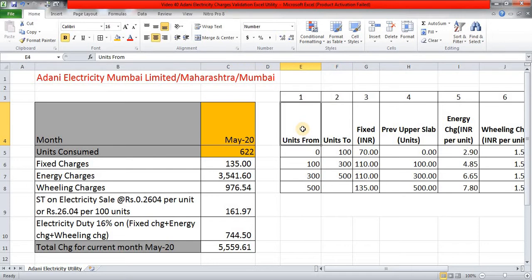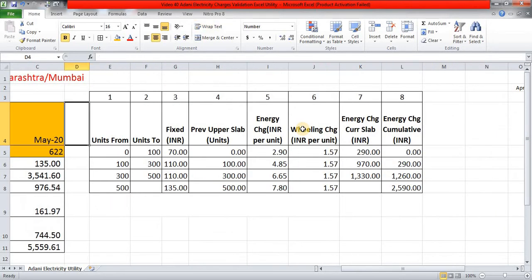So I am not going to build the formula as such, because I have already built it over here, and the logic is the same as we built for the income tax for financial year 2021.